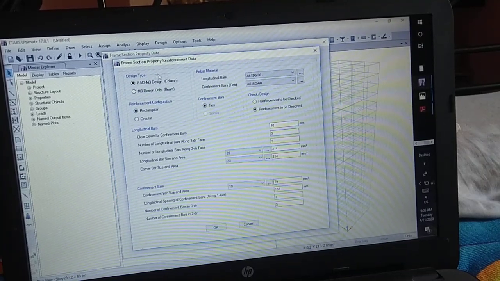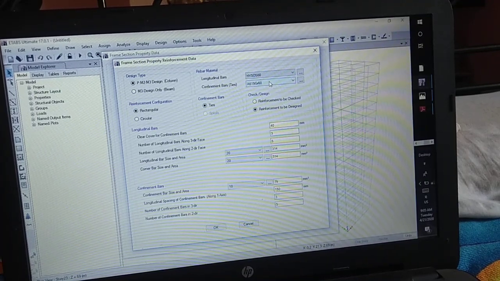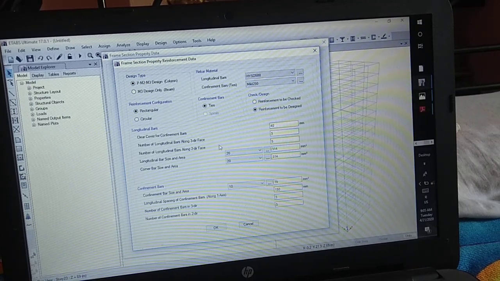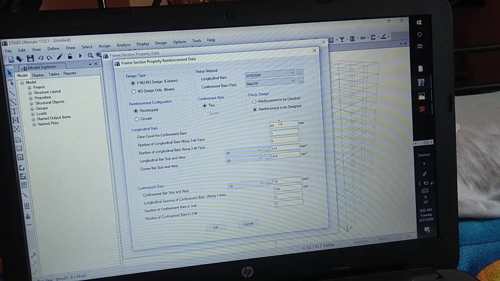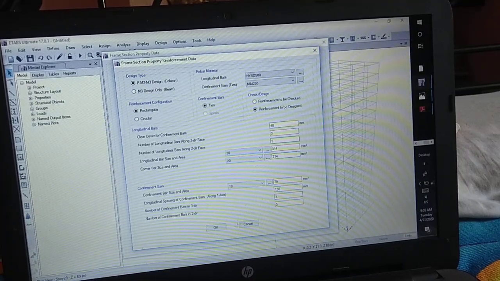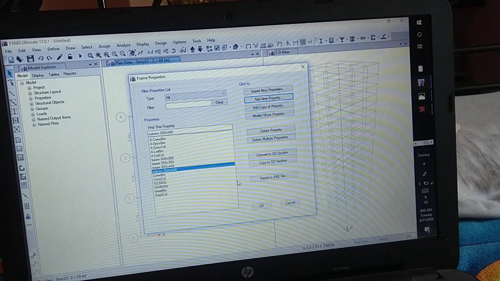So this is for columns, longitudinal bars HYSD 500, confinement mild 250, then the longitudinal clear cover for confinement bars 40 mm. So this is by default, then click on OK, then click on OK.